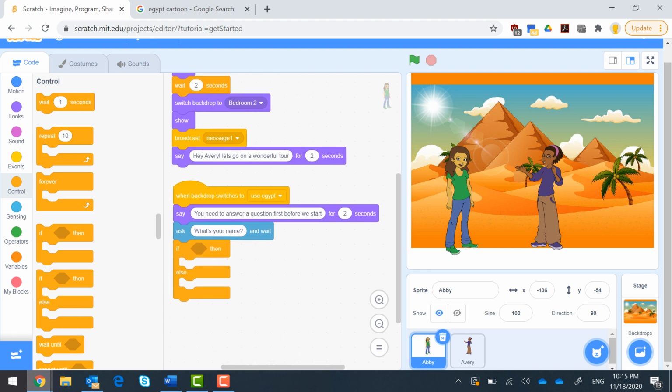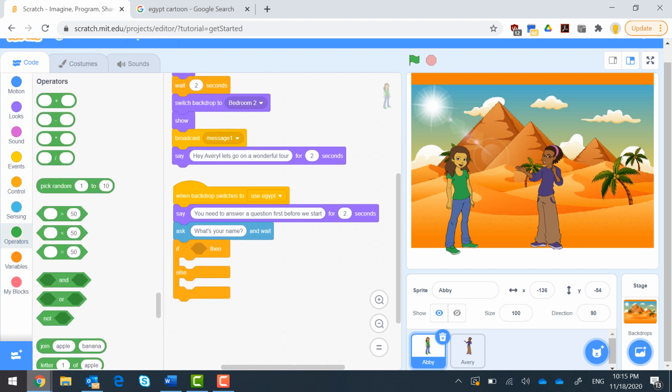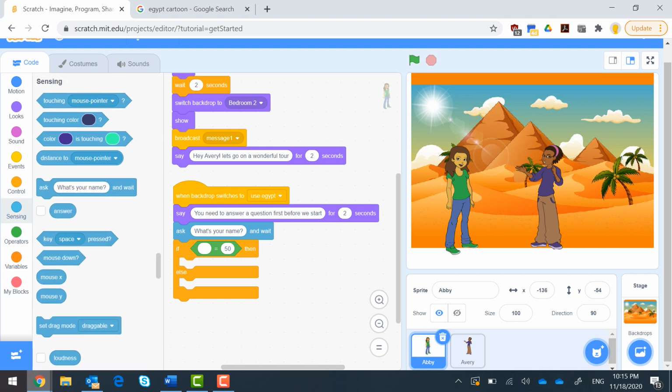And inside of here, we will go to operators, use the equal. Inside the sensing, I will add answer. So let's say the question is, what is the capital of Egypt? Okay, and let's say if the answer is Cairo, okay, say